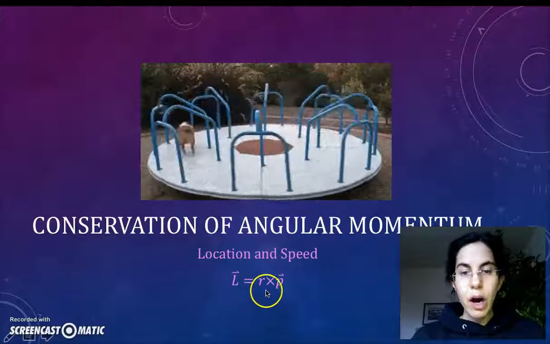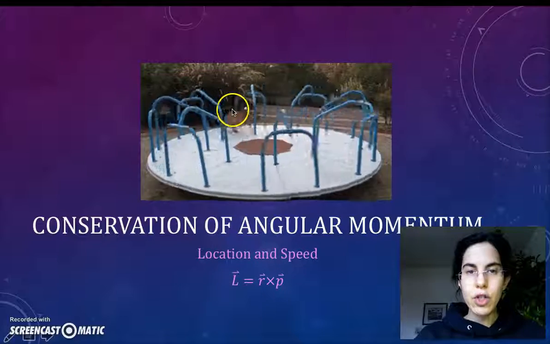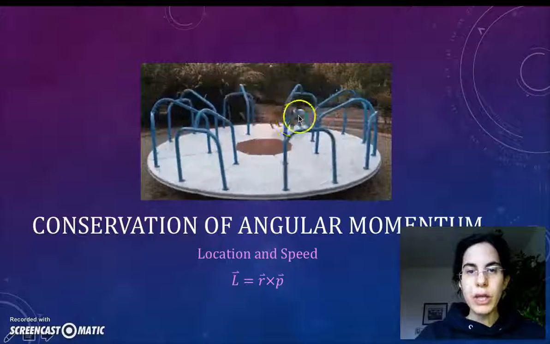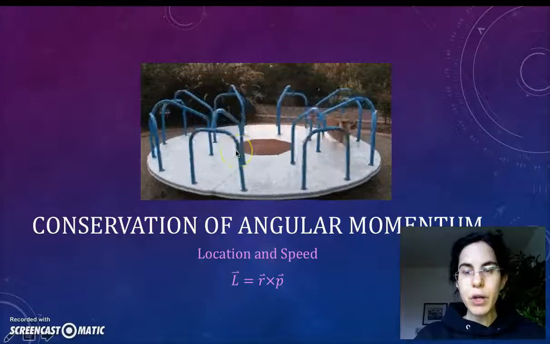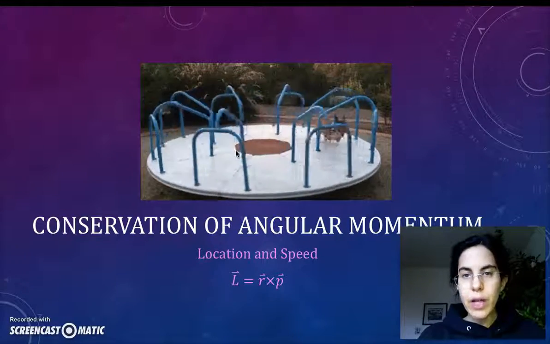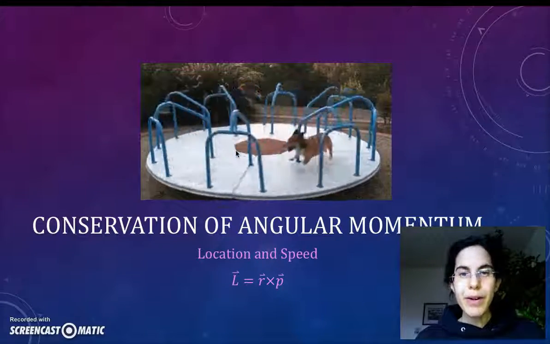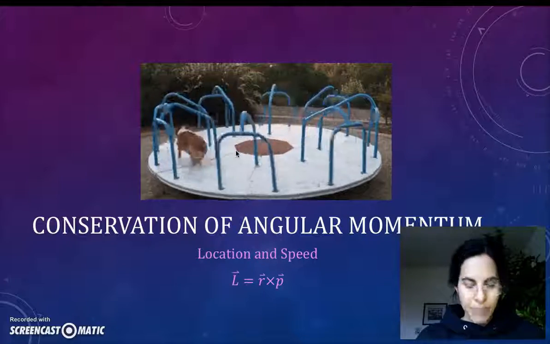Now, R cross P. Usually we're using this for something that, like this doggy, is not somersaulting head over heels or spinning round and round itself, chasing its tail. This dog is simply going for a run. So happens that the dog at the playground is having a grand old time going for a circular run on a circular object. Presumably the merry-go-round was at rest before the dog jumped on, and it's still going to have